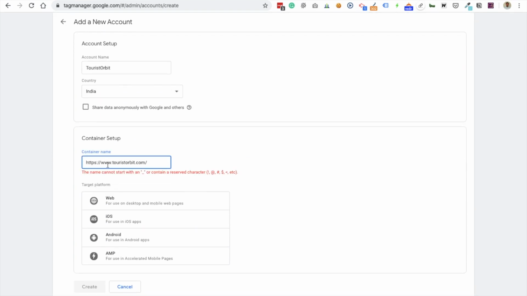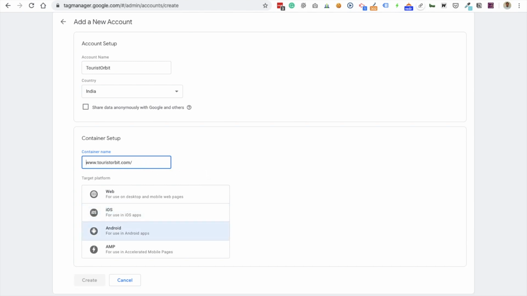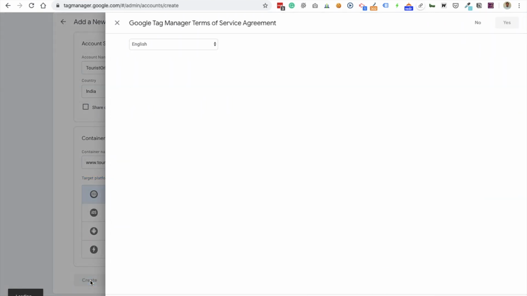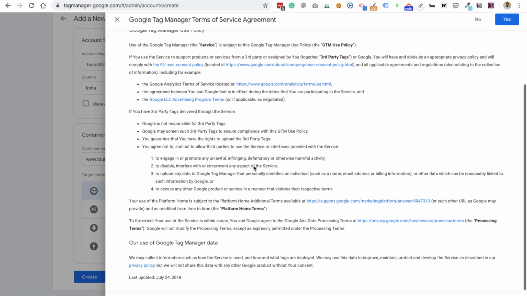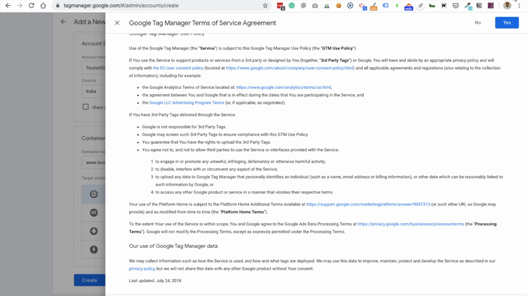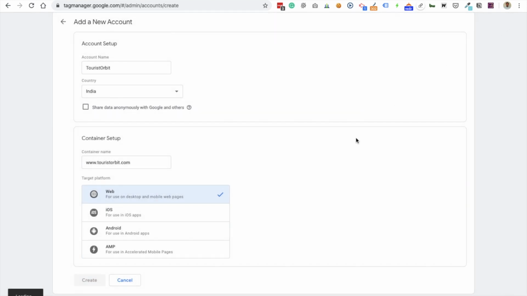Just put your site name, without http:// or any other slashes. As this is only a blog, I'm going to select web and then click create. Then you need to read this agreement. Just check here and click yes.